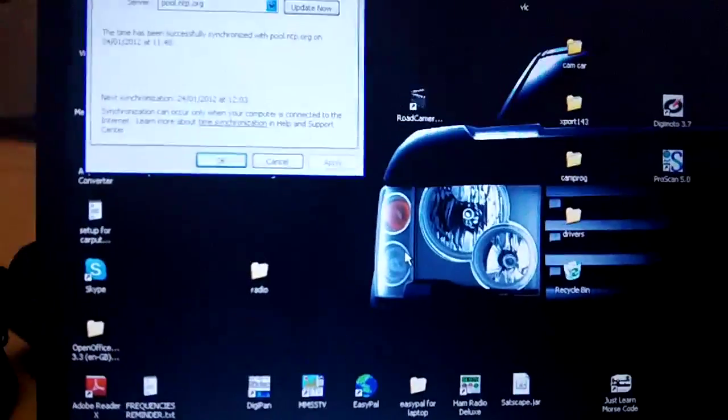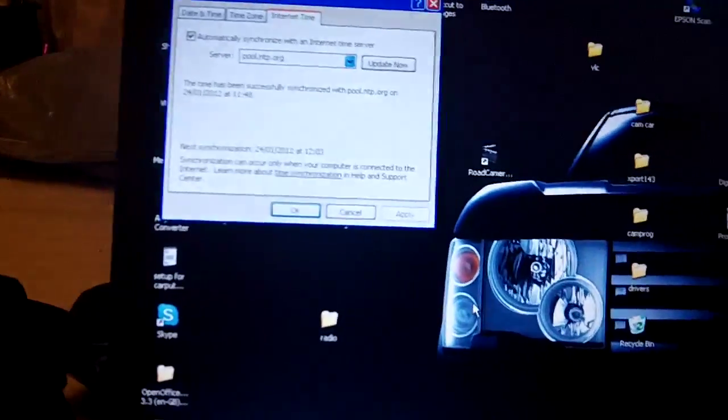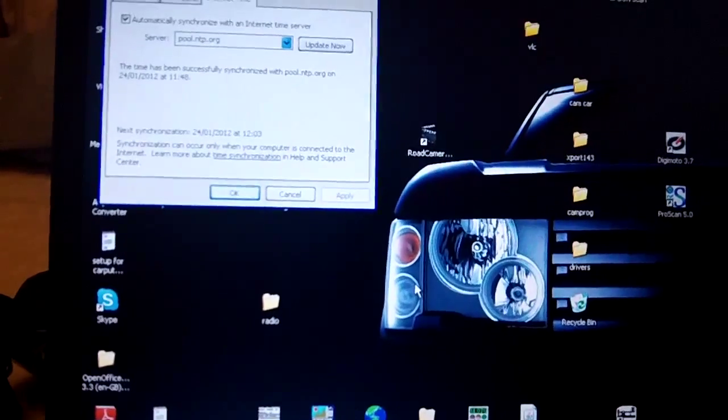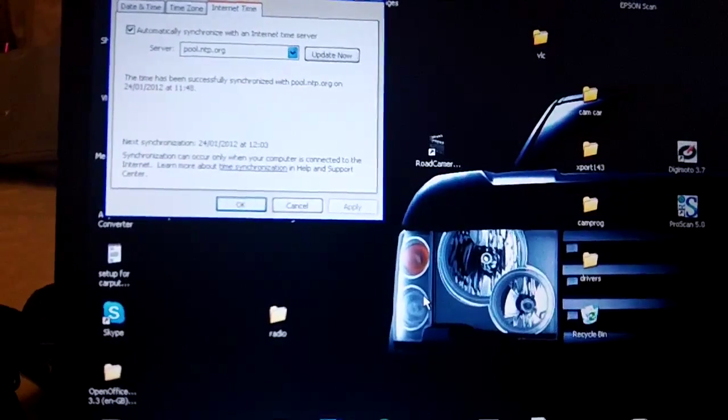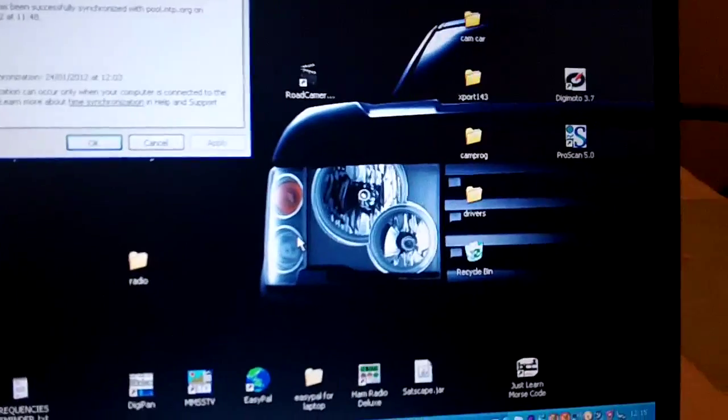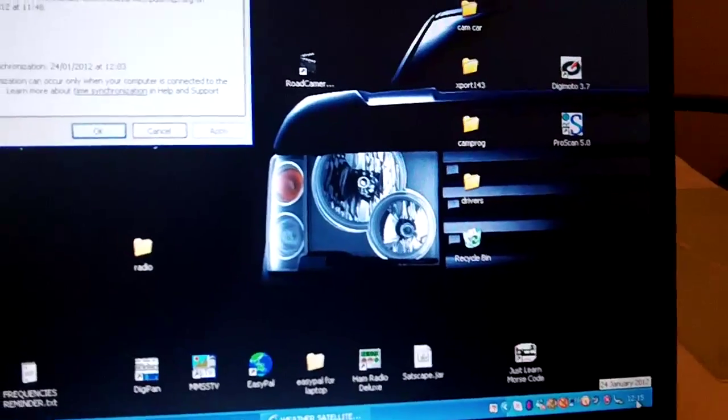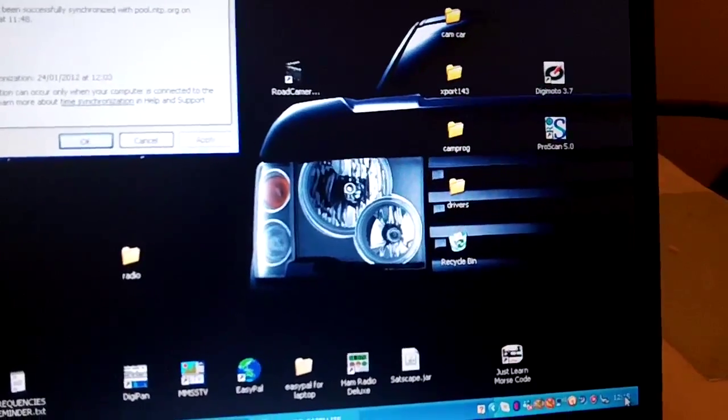Another little tip, just while we're waiting for the satellite to come overhead, I can't stress enough the importance of having your clock accurate with, obviously, the satellite clocks when they're passing overhead. And one simple way of doing that is if you go to your clock at the bottom right hand side